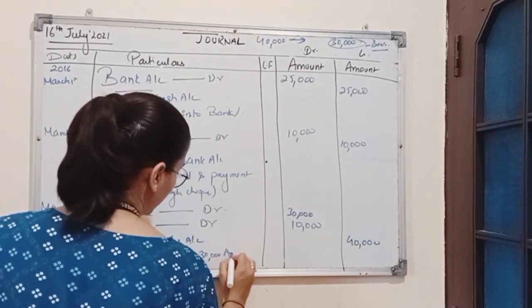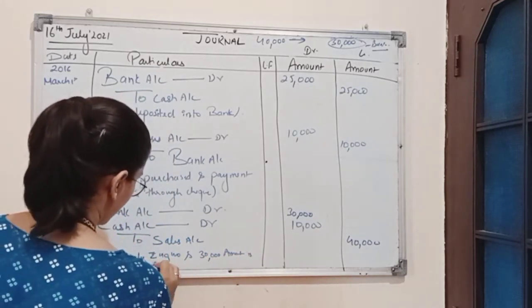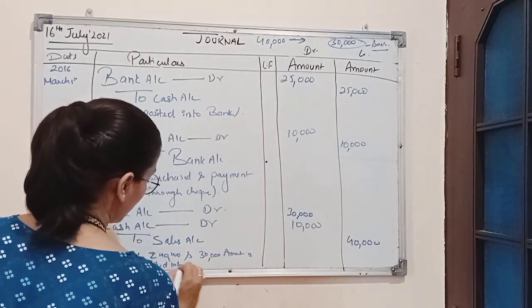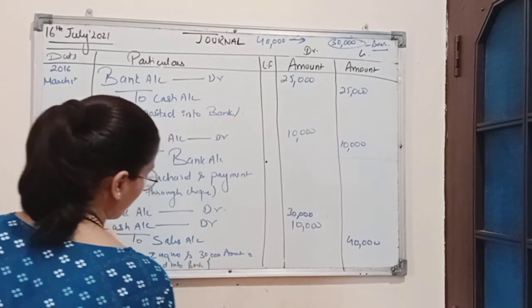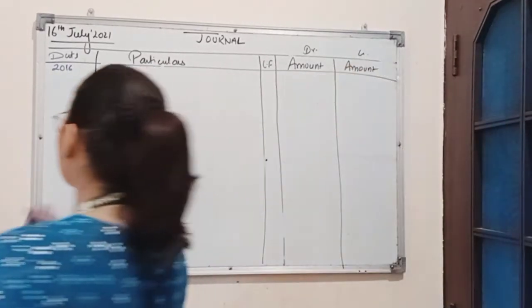Cash sales rupees 40,000 and 30,000 amount is deposited into bank. Now next transaction is on March 10